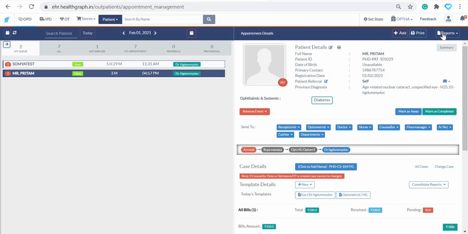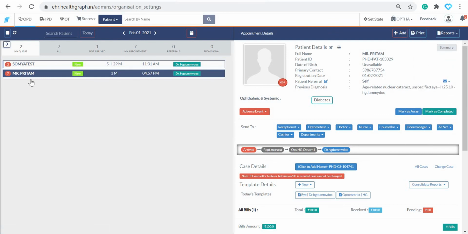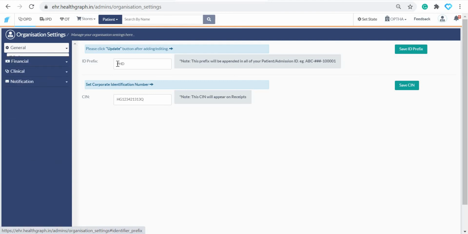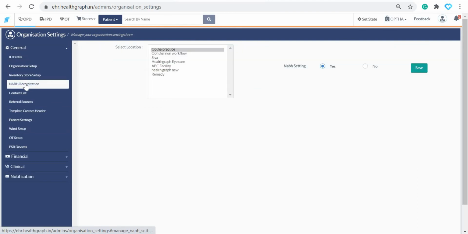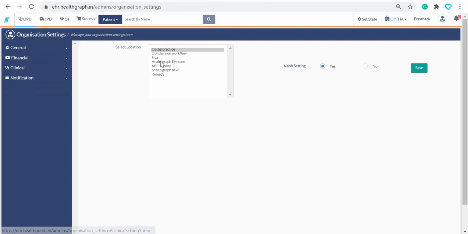And I'd just like to show you a few more things, like all the customizations are available here using these options, like organization setup, where you can control your entire organization in these settings. All those settings like enable accreditations and all those things are available. And clinical settings, all these things are possible here.